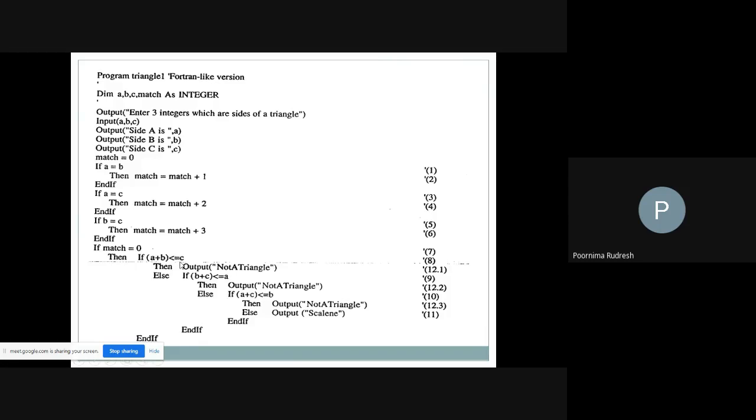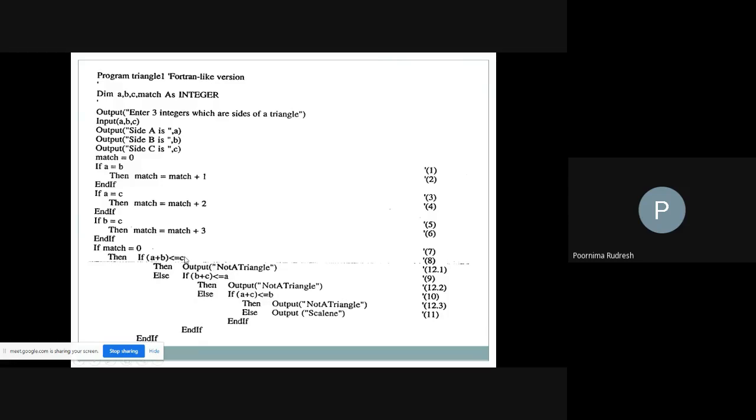If a plus b is less than or equal to c, that condition is satisfied, and then we say that it is not a triangle. Similarly, we are checking the remaining two, b plus c and a plus c.